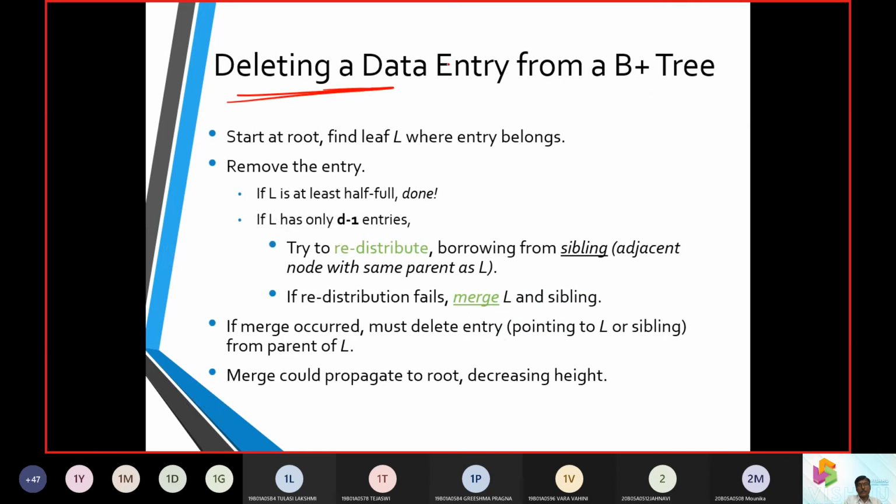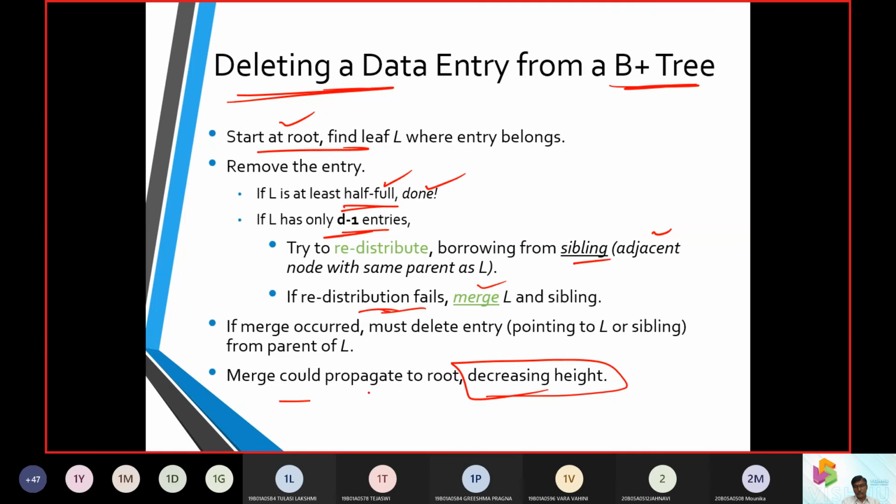But whenever we make a delete operation on a B plus tree, we start from the root node. If the entry is available and there is no rearranging of the tree, meaning it is still half full, we can directly remove it. But if it is not half full, we have to see that the sibling entry adjacent to it has to be removed. If the redistribution fails, we are going to merge the trees. So how long do we merge? We can decrease the height.